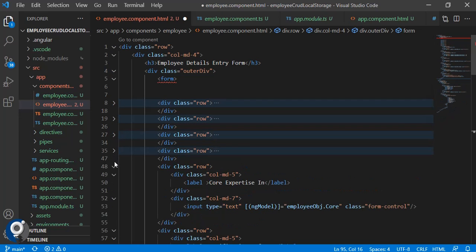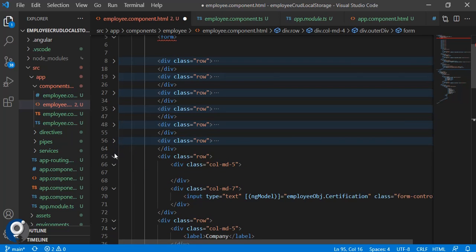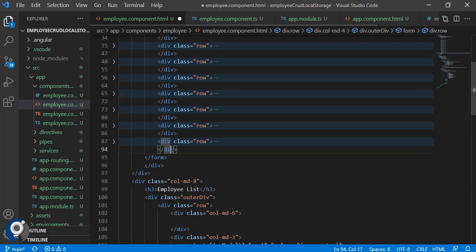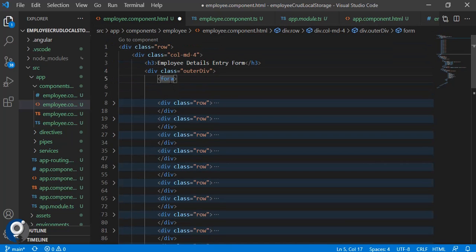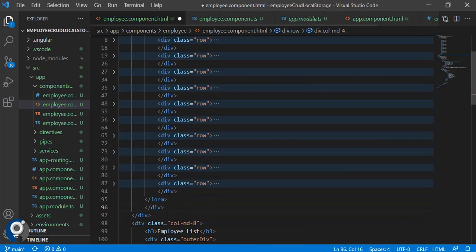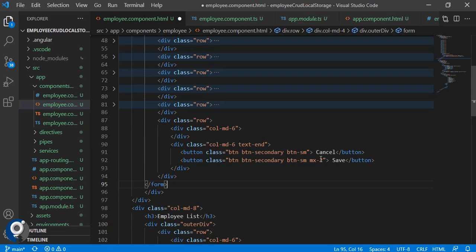Let's see, I think we have missed the ending somewhere. Okay, correct. After that we need to provide the hash value to this form, is equal to ngForm, so that we can use it on the button. Why is it giving an error? Okay, because it is the same. We can use it over here with the disable flag